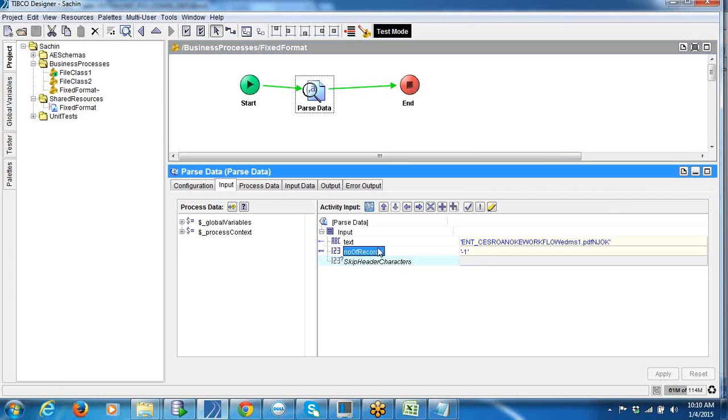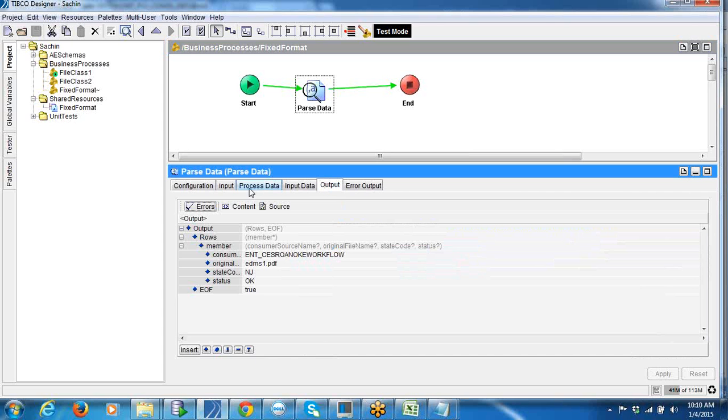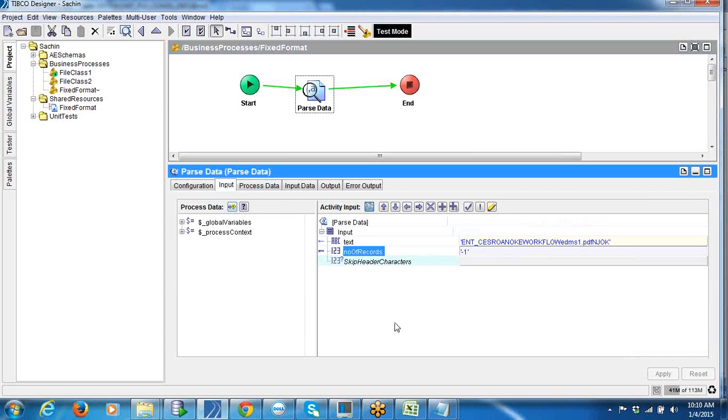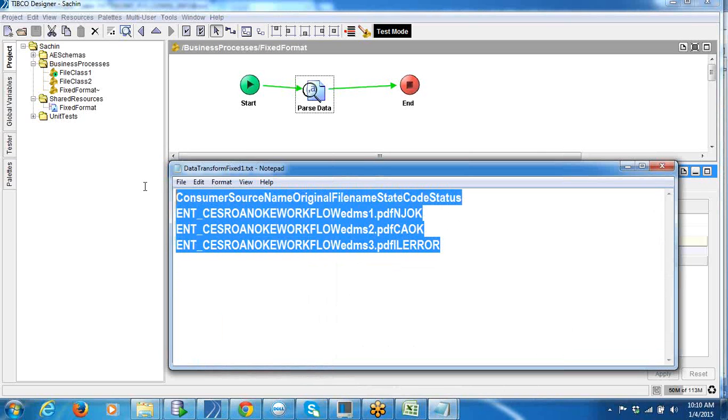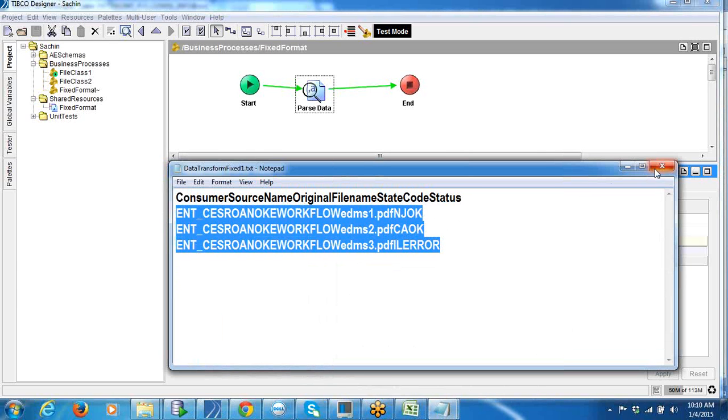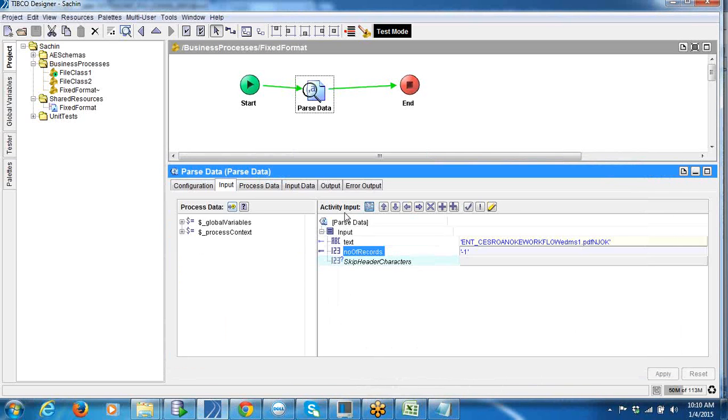We'll see the number of records as -1. For now, I have mentioned only one line, but I want to pass all of these 3 lines. So for that purpose,